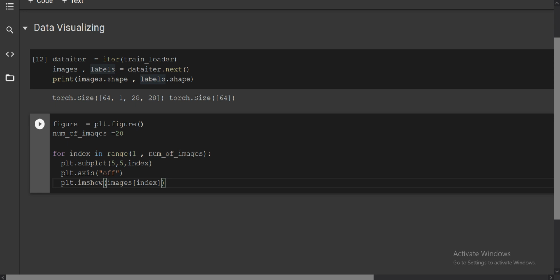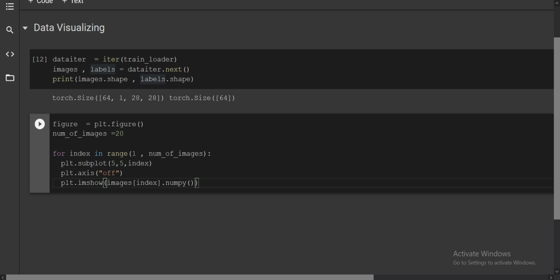Each image has already been converted into a tensor. For converting back to numpy, you can just use dot numpy. You will also use one more thing, because in matplotlib you are drawing in the xy plane, but the image is 28 cross 28 cross 1, which is height, width, and number of channels equal to 1. You want to remove the one, because if you use 3D plotting with this, it will show you an error.